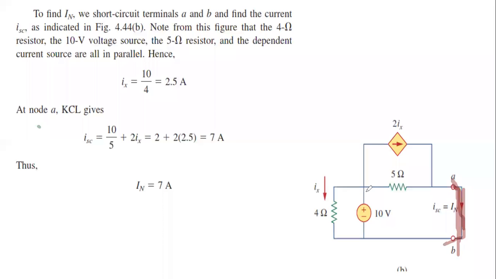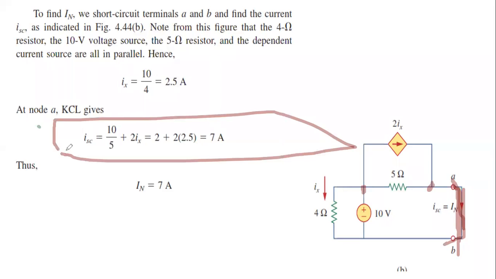Now this is a good question. This is a voltage source. This is another node. So here I will be applying nodal analysis. Nodal analysis, you can see. One current is coming from here, another current is coming from here, another current is going like this. So I am having 3 currents.